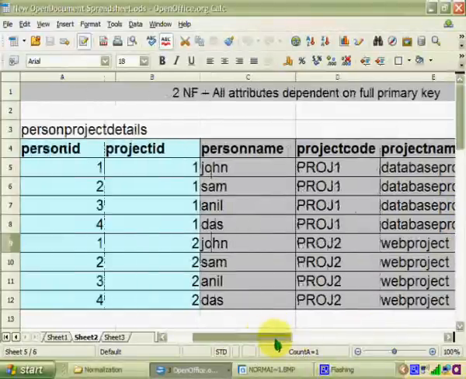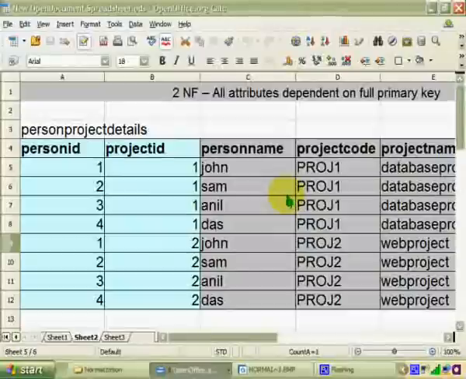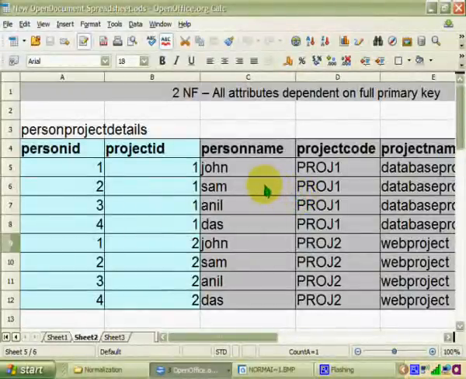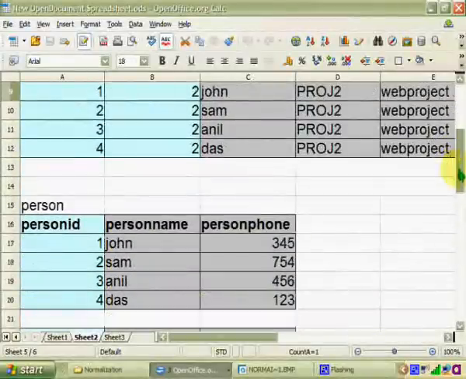So the alternative is to split this information into tables. Here we can clearly see, if we stored only the person project relationships, then we wouldn't have the problem. But we stored the person information, the project information, everything in this table. So we need to split this table into 3 parts. We have 3 types of information here: the person information, the project information, and the person project relation information. So we have to split this into 3 tables. Let's see the alternate design. In the alternate design, we have 3 tables.